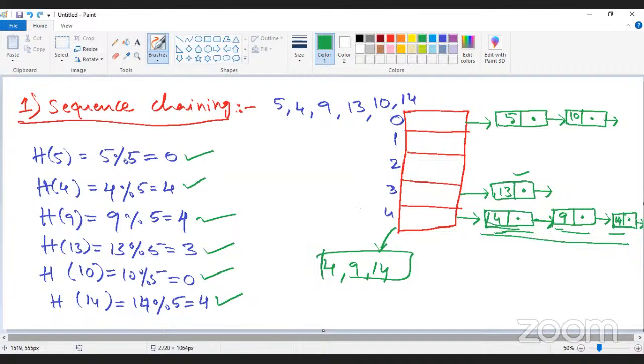So this is the technique for resolving the collision. So using this separate chaining method, there is no problem of collision. All the elements will be identified. All will be given the importance, equal importance. The next one is